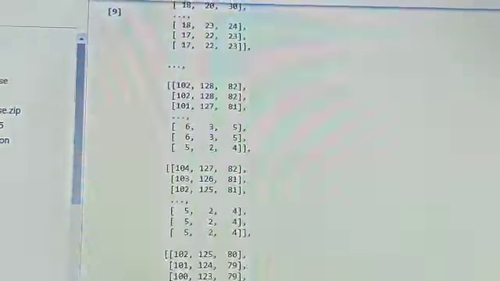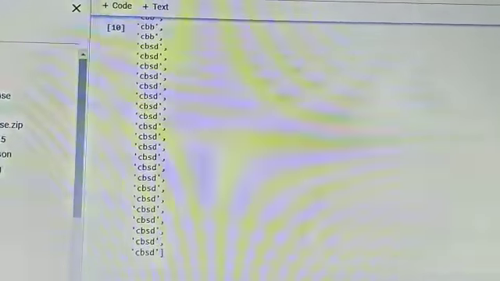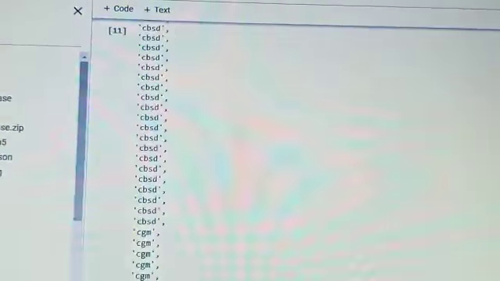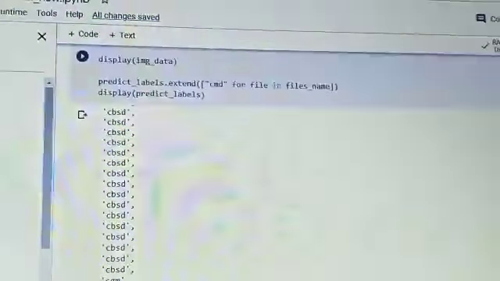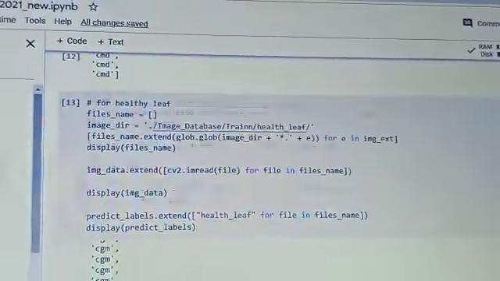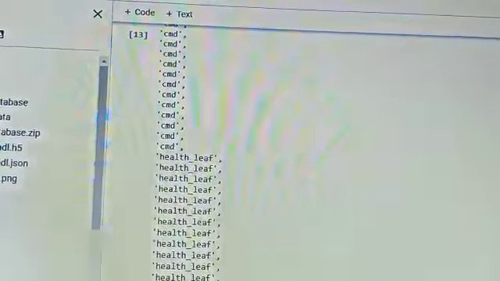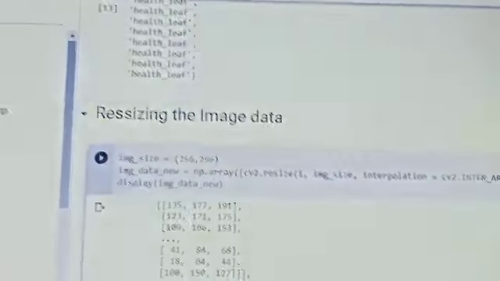This is the output. CBSD, CBB, we have to identify for both CGM, CMD, for all we have to identify, for healthy leaves also. And again we are resizing the image data.